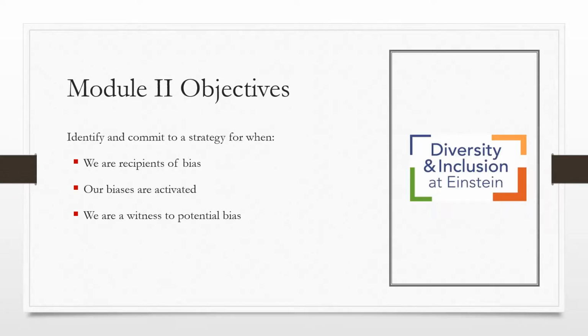Just as in the last module, we will review the goal of these modules and identify learning objectives. We will describe how it is human nature to be biased. Strategy identification will focus on 3 types of scenarios where we may find bias playing a role. We will focus on the following strategies: responding as the recipient of bias, reflecting on when our biases are activated, reacting as a witness to bias. After reviewing those strategies, we'll provide opportunities to look at case studies and practice how we might respond. Finally, we will summarize the key points and conclude the module.